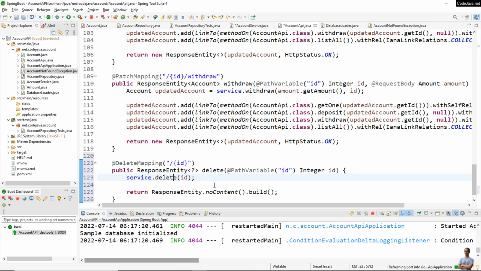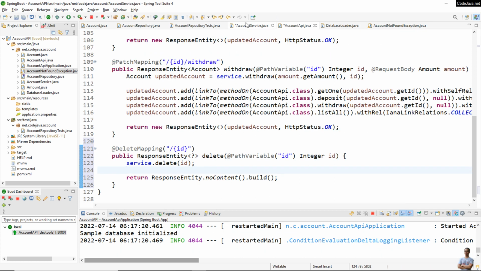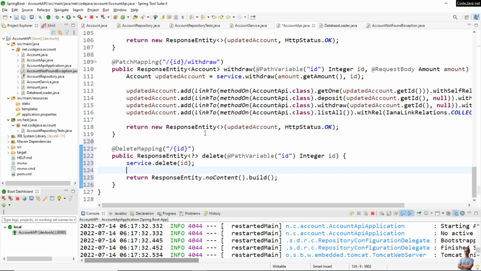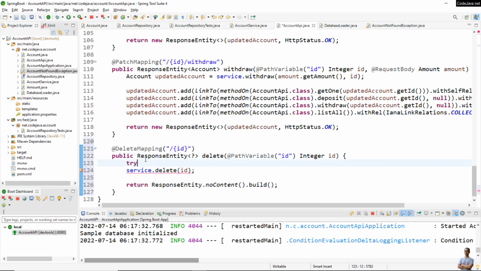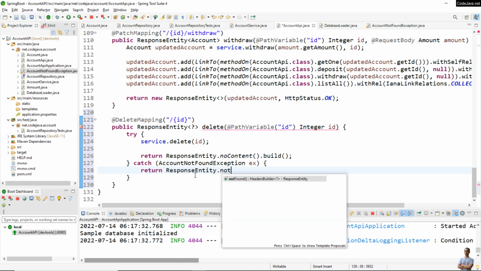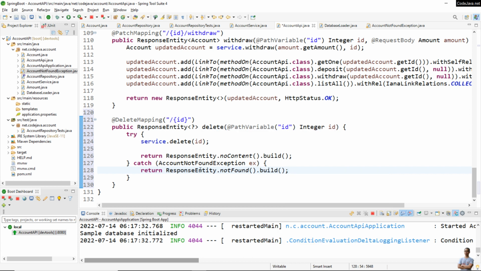Okay. And add throw declaration for the method. Okay, and then in the API here we need to try catch here. In case of account not found exception, we should return the HTTP status for not found. Return response entity not found, not build. Okay, now let's test the API for delete account operation